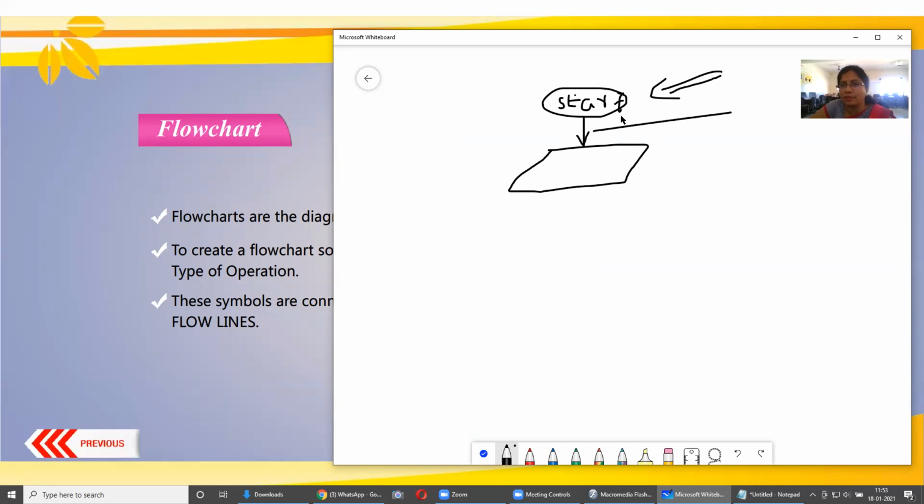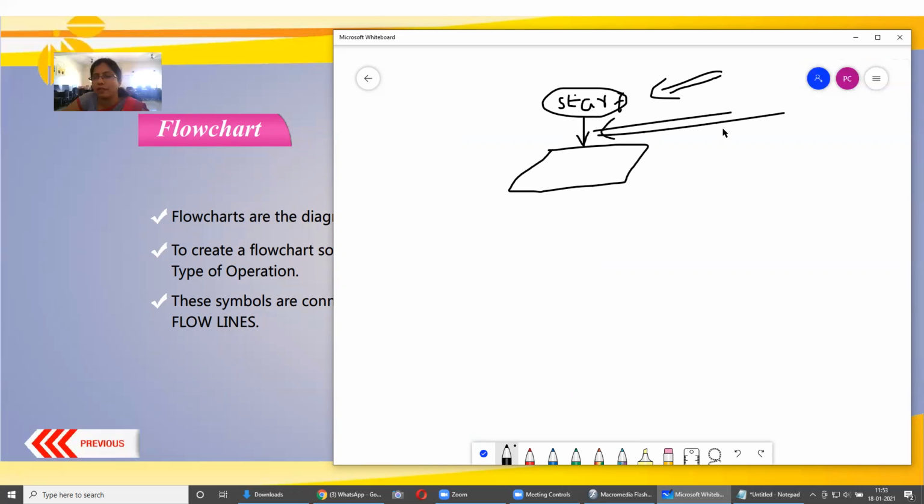And these particular things are called flow lines. Bear with my handwriting here, it is very horrible. Flow lines.